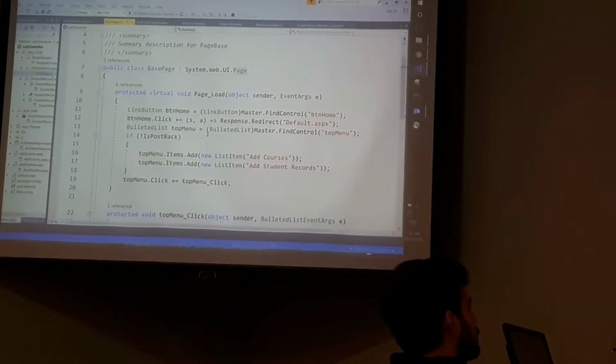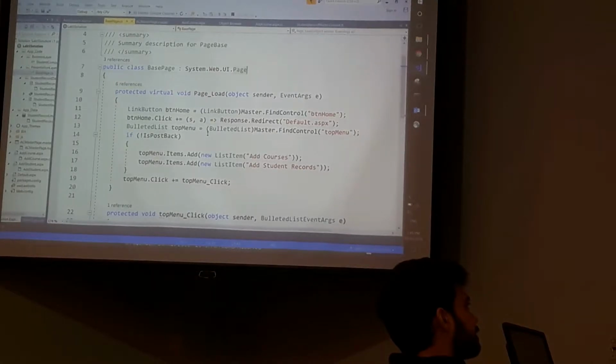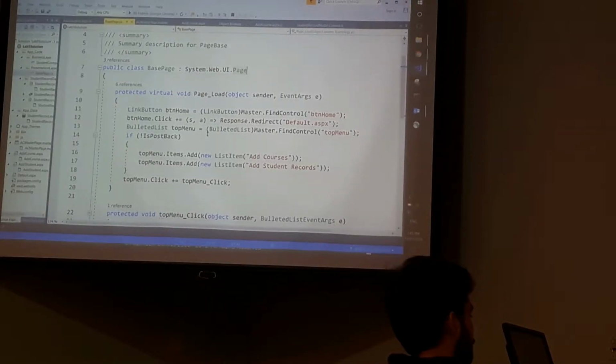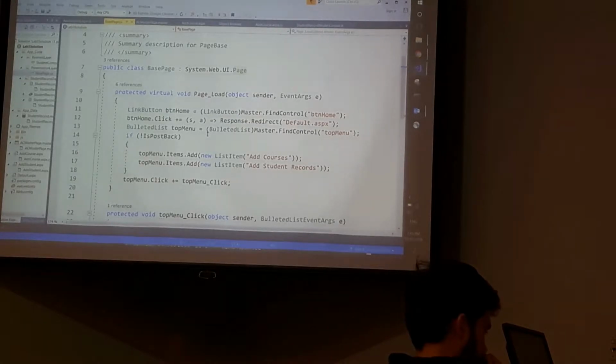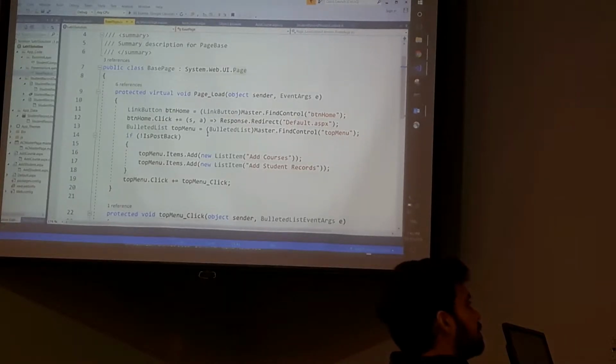So we should have a look at the code here. Remember, this is a common technique. Whenever you see you are repeating yourself multiple times, you should consider doing inheritance. You should be able to reason with yourself: I should not repeatedly code myself. One is you save a lot of keystrokes, right? The second, more important thing is when you inherit from a common part, whenever you do need